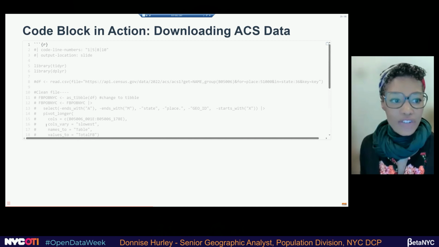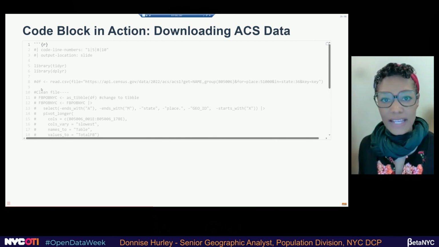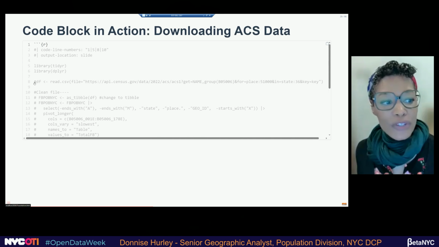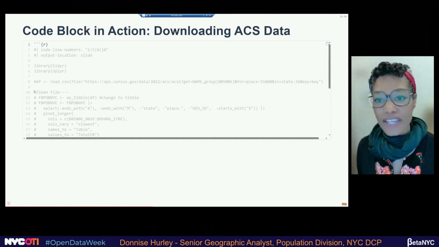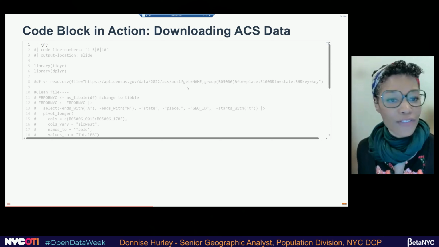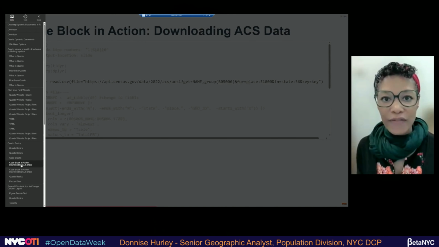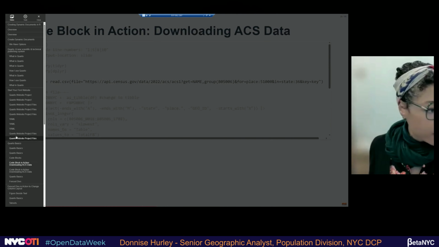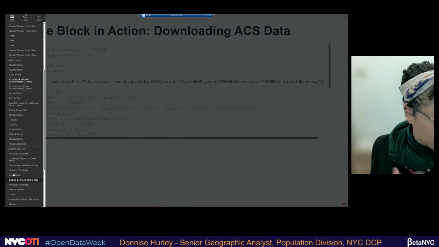So if you're using hashtag figure, it's not going to be noted as a comment because it's outside of a code block. If you wrote hashtag figure within your code block, then it's going to read it as a comment. Think of the code block as your native R or your native Python. But when you're outside of it in Quarto itself, let me pull up an example from figure.